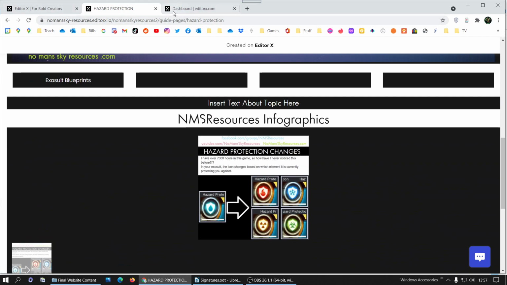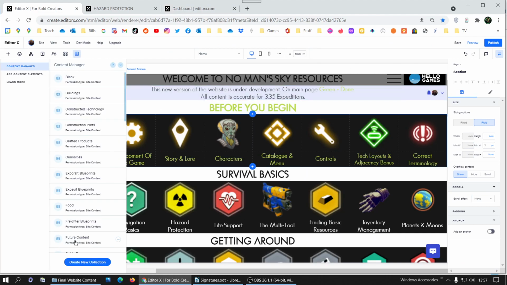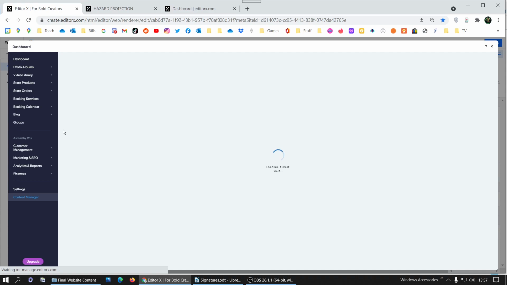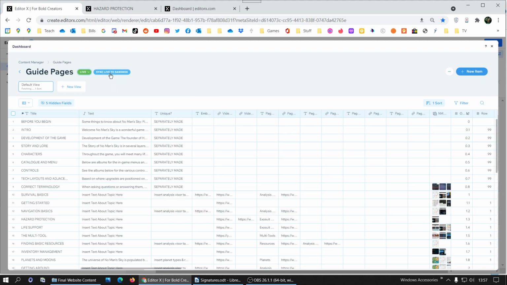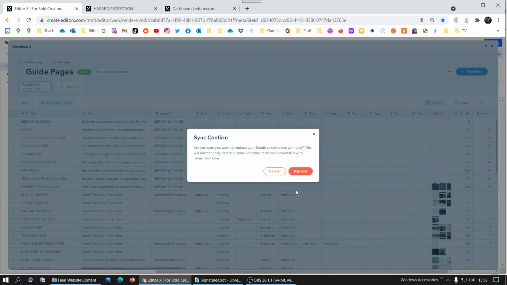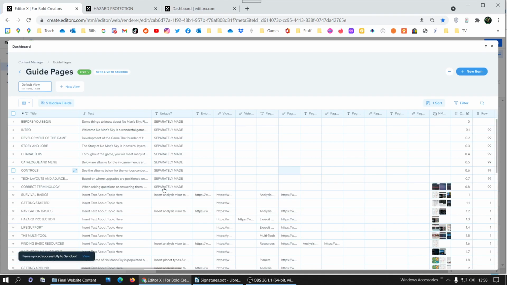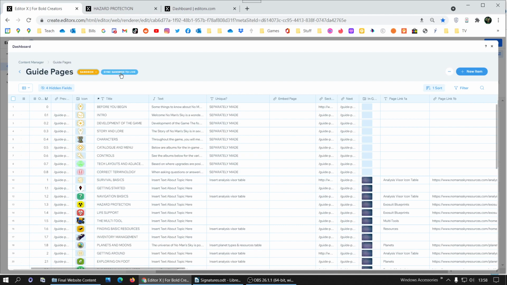I just need to remember next time I'm on this page but within the editor, alright, so if I go in, I just need to remember that my sandbox is not currently up to date. So the first thing I want to do is go over to live, and sync live to sandbox, and we'll just erase sandbox and replace it with items from live. Okay, now I'll go back to sandbox and make any changes that I want to, and those changes won't go live on the site until I press sync sandbox to live. Okay,